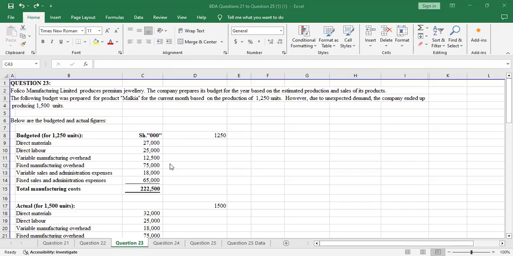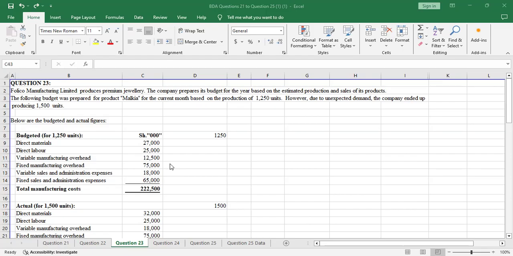Without much ado, let me read the question. Today I'll do question 23, which was tested in the August 2024 sitting. Folico Manufacturing Limited produces premium jewelry. The company prepares its budget for the year based on the estimated production and sales of its products. The following budget was prepared for product Malkia for the current month based on the production of